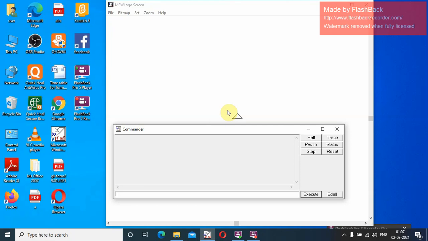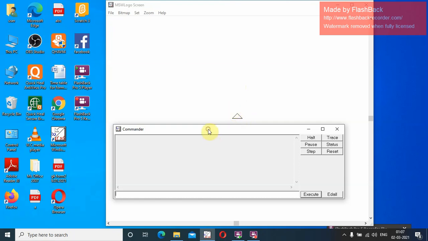Now, we will draw shapes. We can do calculations. We can print our name. But in Form 3, we have learned only how to draw the shapes. The turtle will help you to draw the shape. Now you can see the head point. This is called head and this is called tail. The base is called tail. This is the turtle and it will help you to draw the shape. It is in the main screen. Whenever I open Logo, the turtle will always remain in the center of the screen.